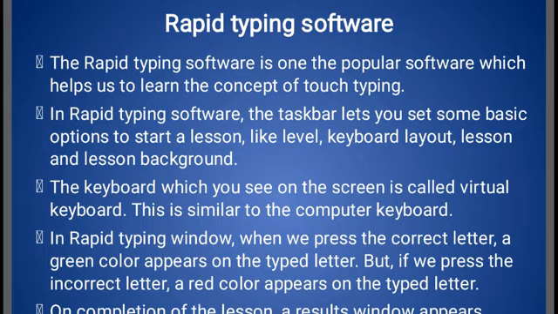Rapid typing software is one of the popular software which helps us to learn the concept of touch typing, means to type the data from the keyboard without looking at the keyboard. In rapid typing software, the taskbar lets you set some basic options to start a lesson